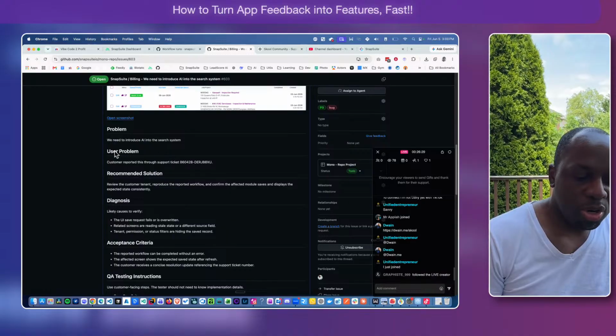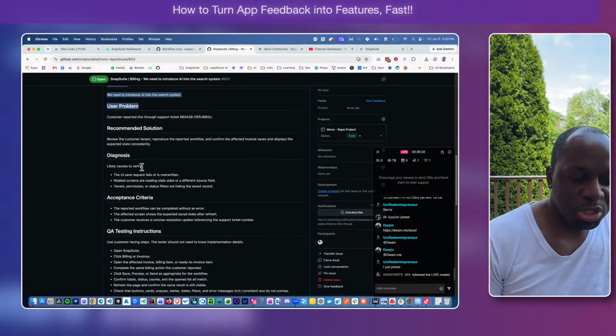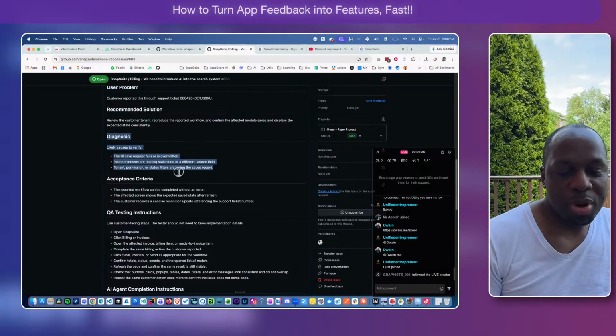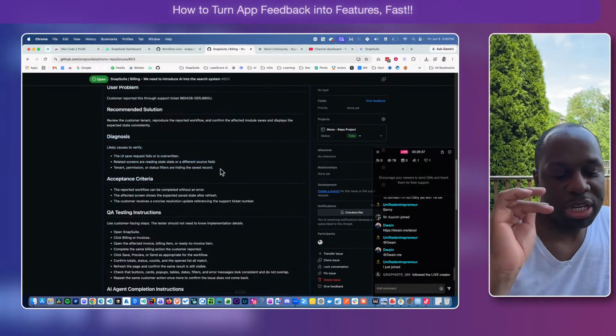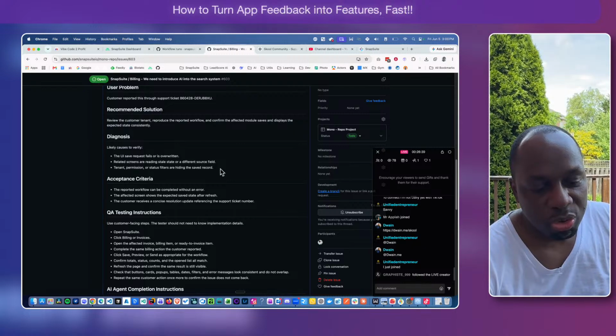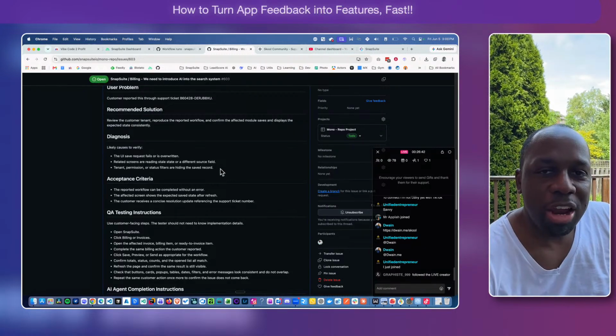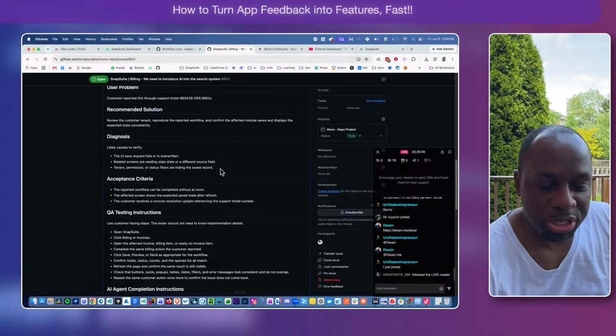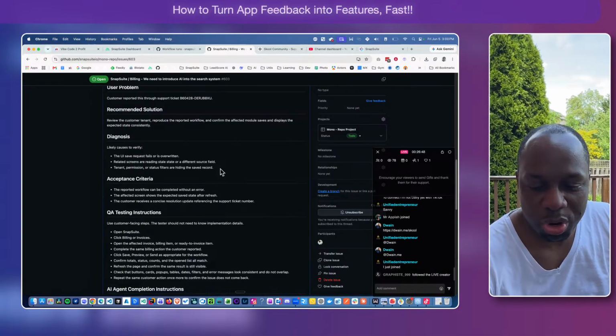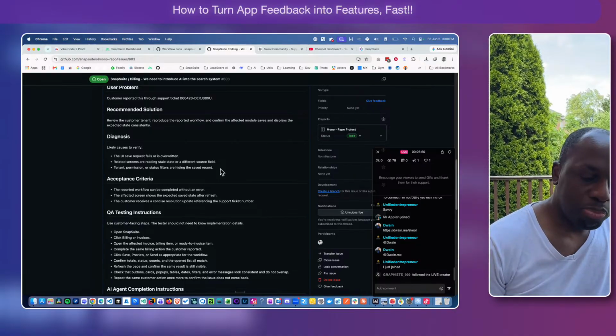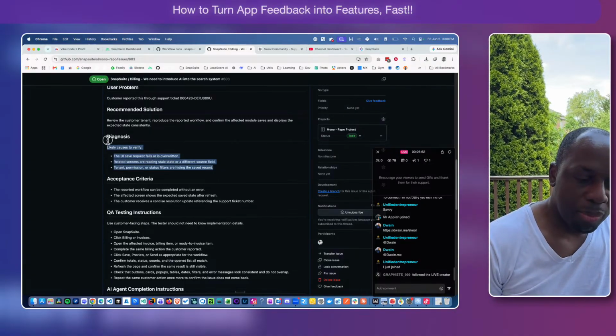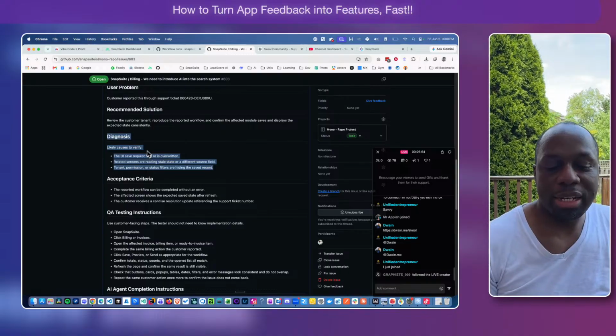the system, in addition to highlighting what the problem is and what the issue is, and the recommended solution, the system's responsibility is to try and figure out the diagnosis. So it could figure out what the actual problem with the system is. Like, what is the system doing? And what's likely causing